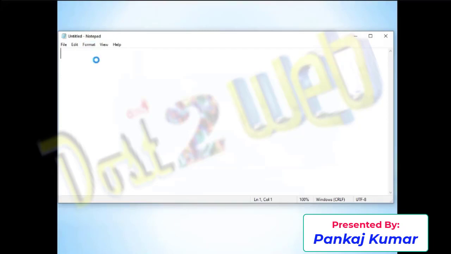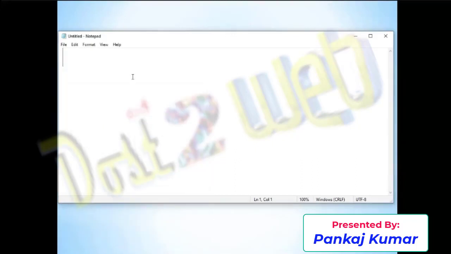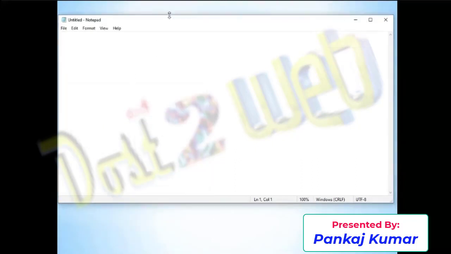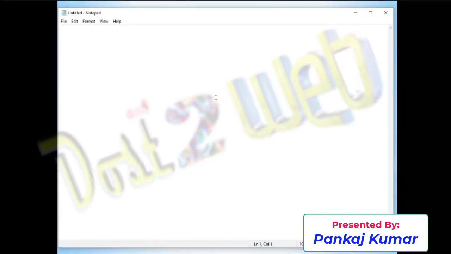Let's increase the font size a little. This is the basic software required to create HTML based web pages. Remember, I'm telling HTML based. You can even write JavaScript, CSS, everything. So the basic best practice is to always use Notepad.